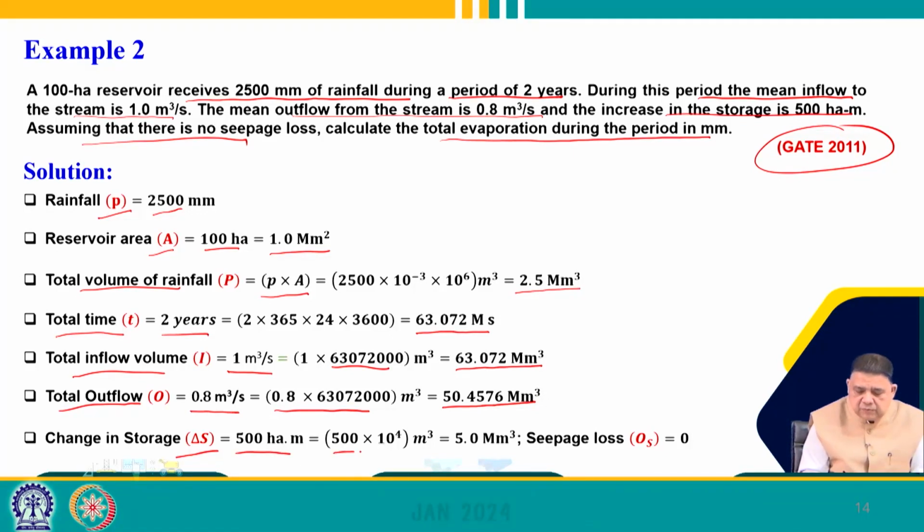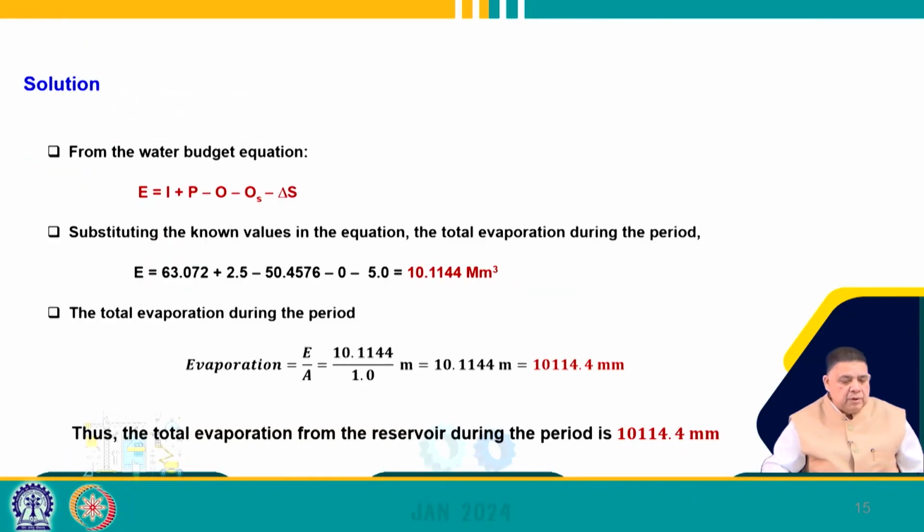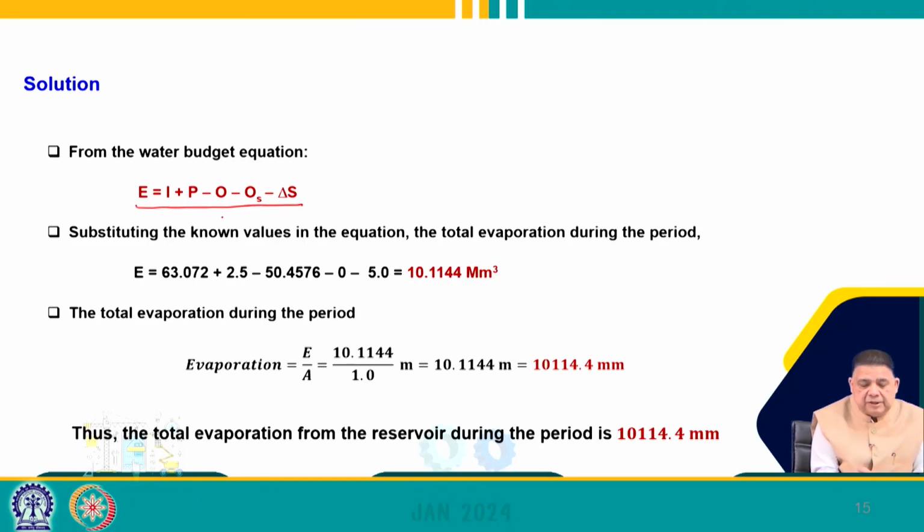So, again we have to convert the units, proper units in meters. So, that comes out to be 5 million cubic meter, and seepage loss value is mentioned as 0. So, that most complicated component is set as 0. From the water budget equation we know E equals I plus P minus O minus OS minus delta S. We know the values of I, P, O, OS is 0, and delta S. So, putting those values, we can get the value of E as